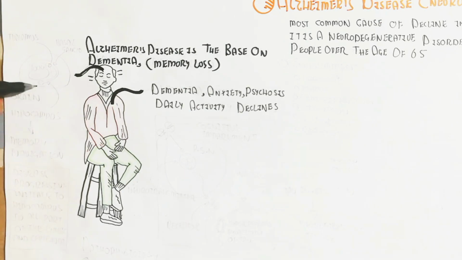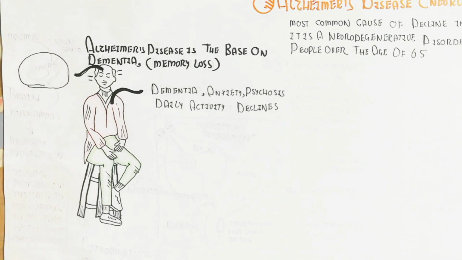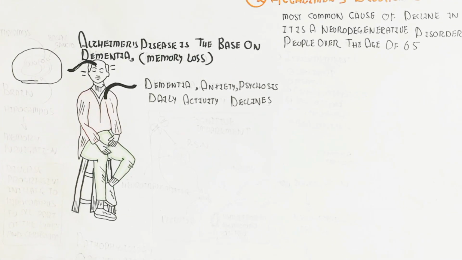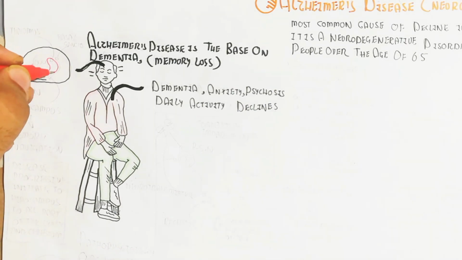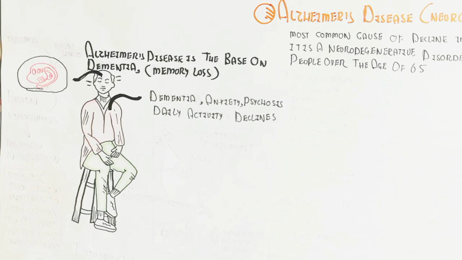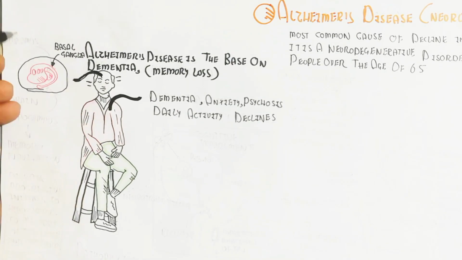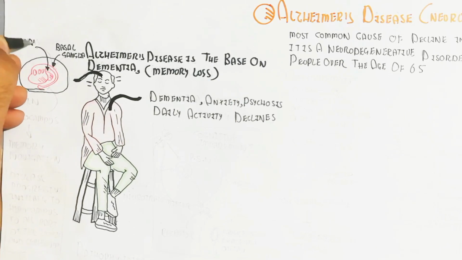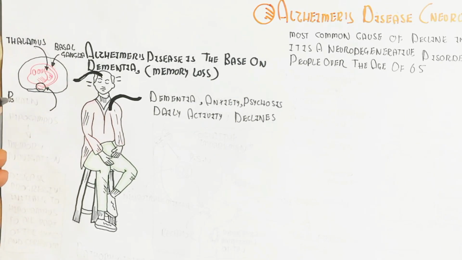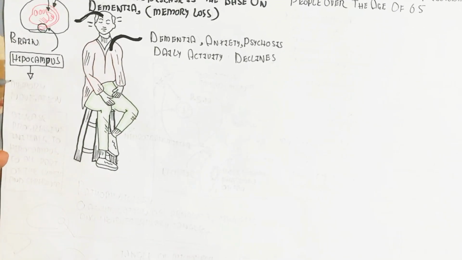In this case, the brain is involved, and the brain contains the limbic system. The disease affects first of all the hippocampus, then it can progress throughout the limbic system, like the basal ganglia and thalamus. The hippocampus is part of the limbic system. But here we are not going to study the thalamus, hypothalamus, basal ganglia, or the hippocampus in detail.